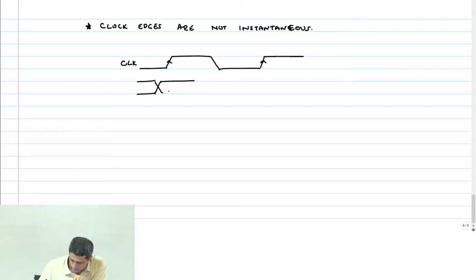Data is now going to change like this, D1 to D2, and any further change should get ignored until the next D3, D4. Q basically should just,